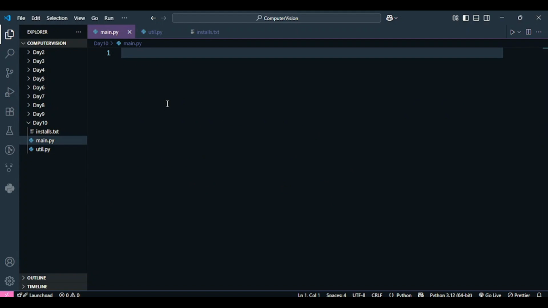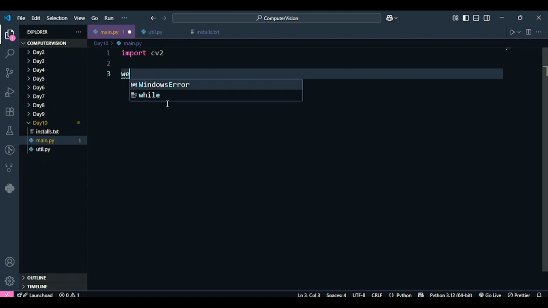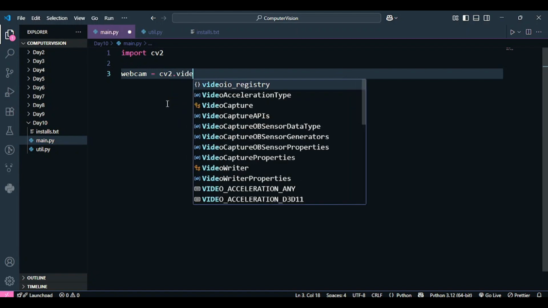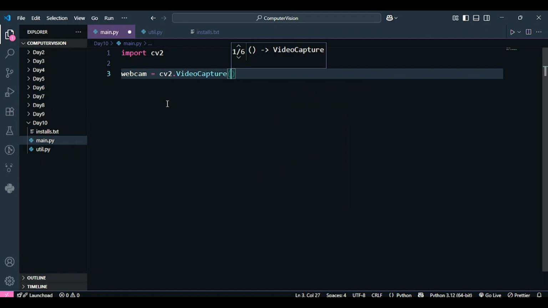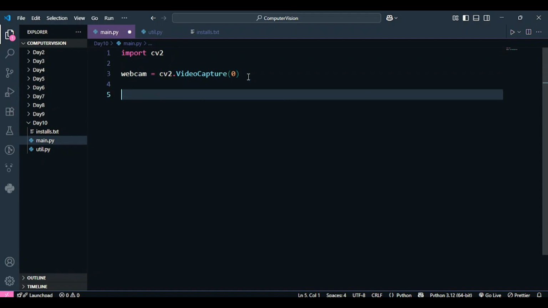Let's come back to our main.py file and let's start coding. So the first and foremost thing that we need to do is to code for our webcam so that we can read our webcam. To do that, I'm going to import my OpenCV, then I'm going to read my webcam using the OpenCV function which is called VideoCapture. Once I do that, I have to specify the webcam number that I'm using. Since I only have one webcam and I'm using that one, that is why I'm going to name it as 0. But if you have more than one webcam, you can number it as 1 or 2 depending upon it.